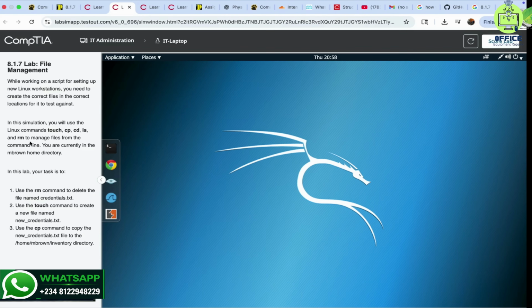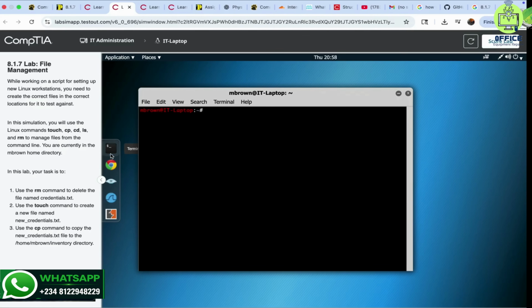So we're going to be using the touch command, cp command, cd command, ls command, and the rm command, which is remove. And we'll go ahead into the terminal, and while inside the terminal you want to type in